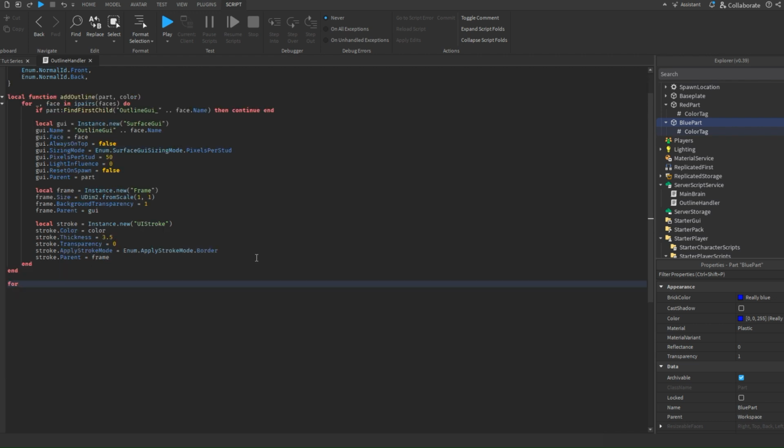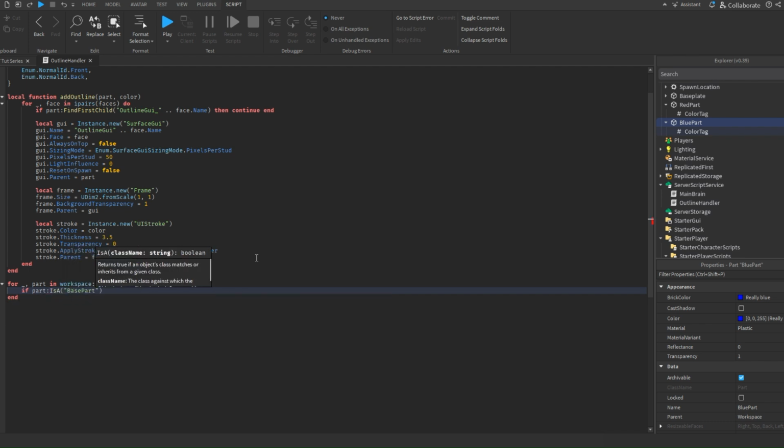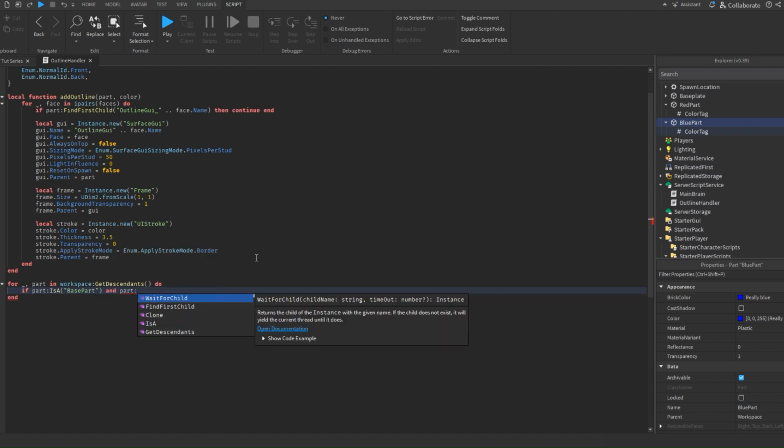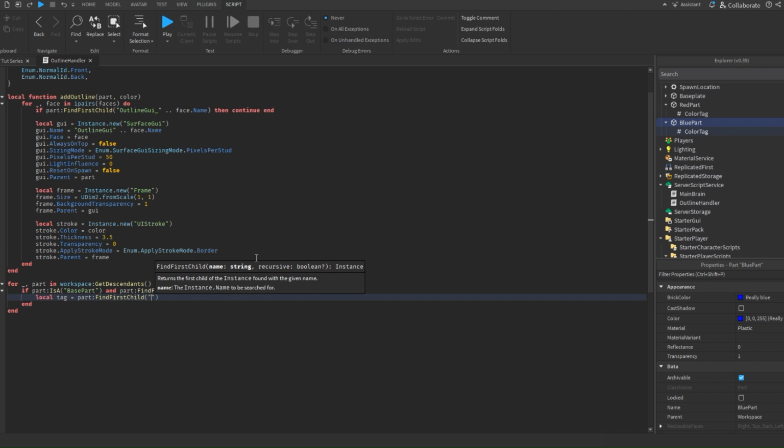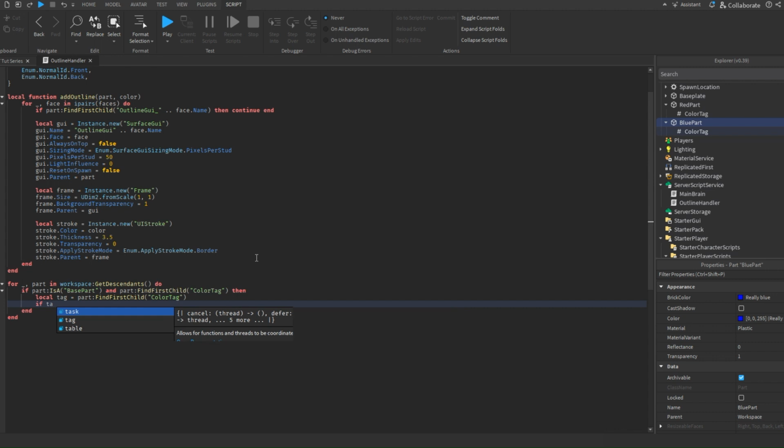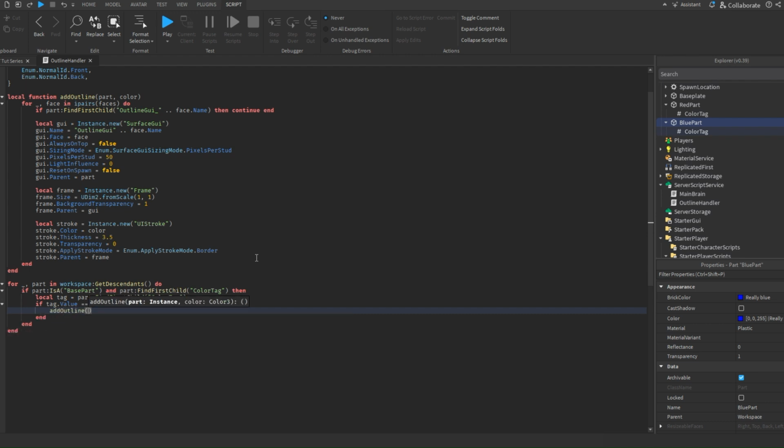So now we're gonna do for _, part in workspace:GetDescendants() do, if part is a BasePart and part:FindFirstChild, not WaitForChild, FindFirstChild "ColorTag", which is the string value that we created, then local tag = part:FindFirstChild("ColorTag"). If tag.Value equals "red", then we're gonna do addOutline(part, Color3.fromRGB(